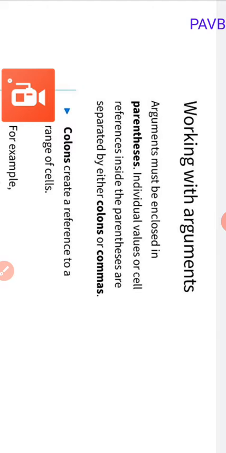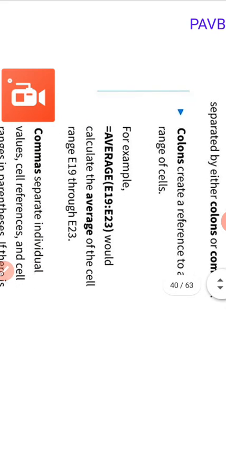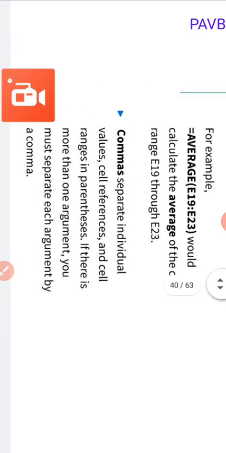Individual values or cell references inside the parentheses are separated by colons or commas. Colons create a reference to a range of cells. For example, equal to AVERAGE(E19:E23) would calculate the average of the cell range E19 to E23. Commas separate individual values or cell references and cell ranges in parentheses. If there is more than one argument, you must separate each argument by a comma.